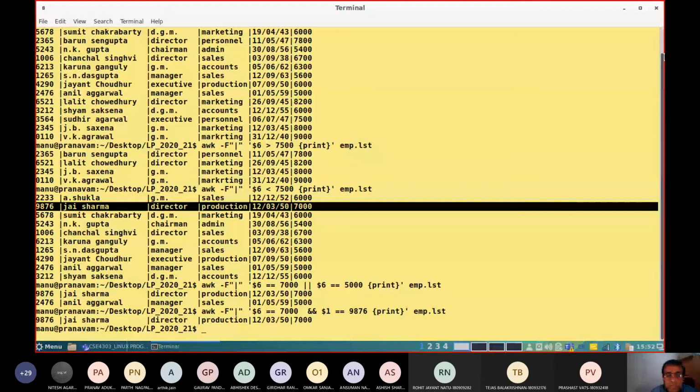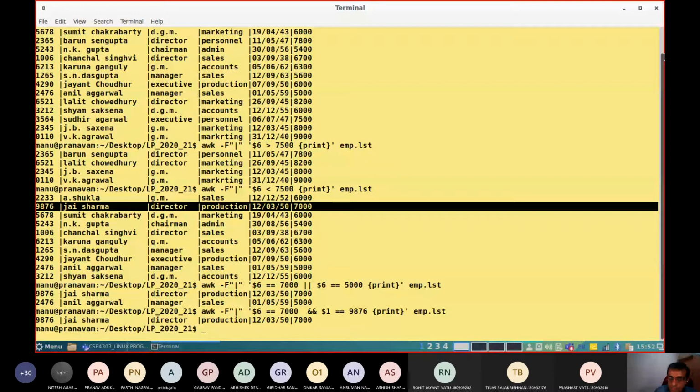Depending upon the context, you can make use of these particular fields. And to some extent, number processing is also supported. Let us try that.